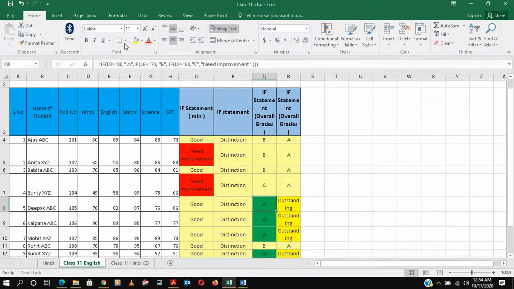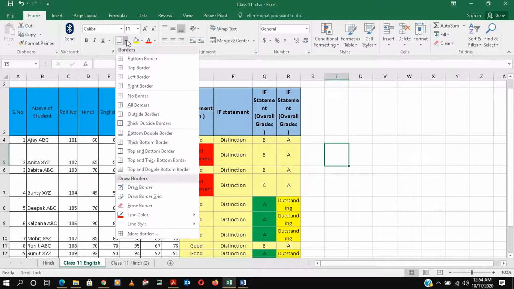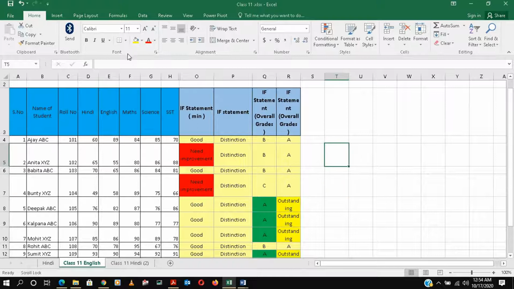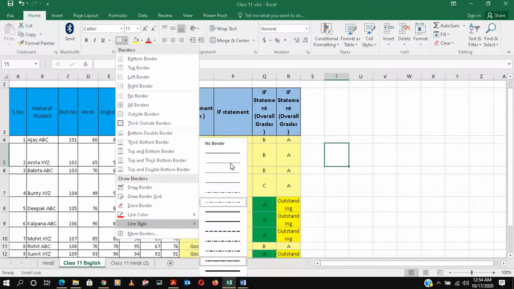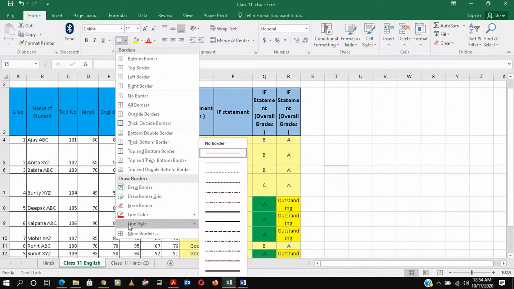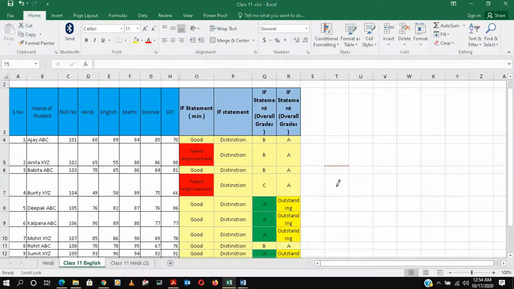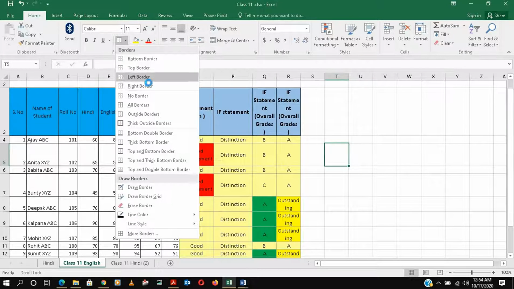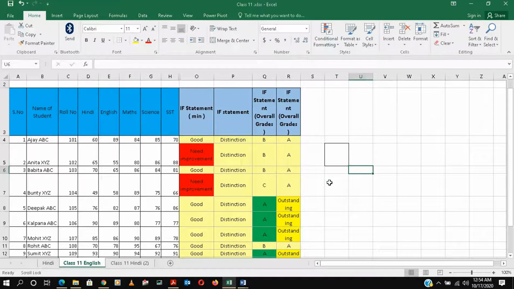Then we have this thing here, and I will explain it to you. Suppose you want only a bottom border, so you can choose this. First I will just do normal. This will be the normal color. You can choose line style and line color from here. Suppose we want automatic, so it will be automatic. Then if you want a top border, it will be a top border, then left, and then right. So if you want any particular border, you can select it. Otherwise, you can go directly to the option of All Borders.